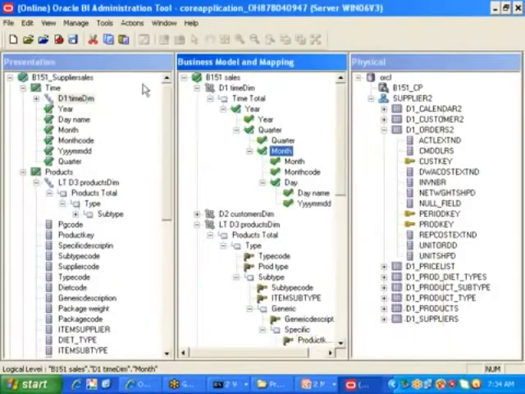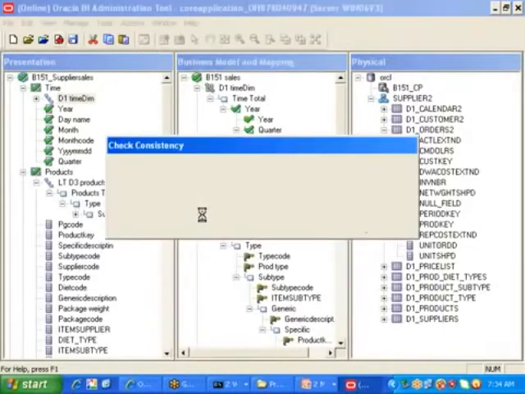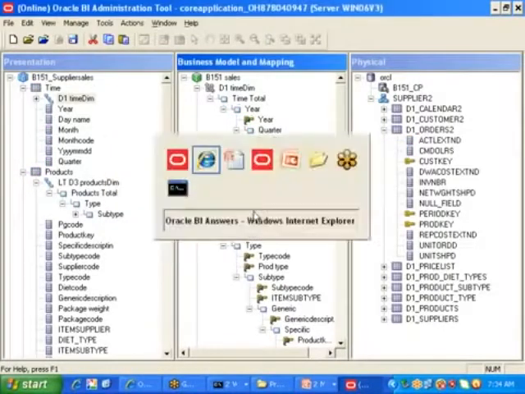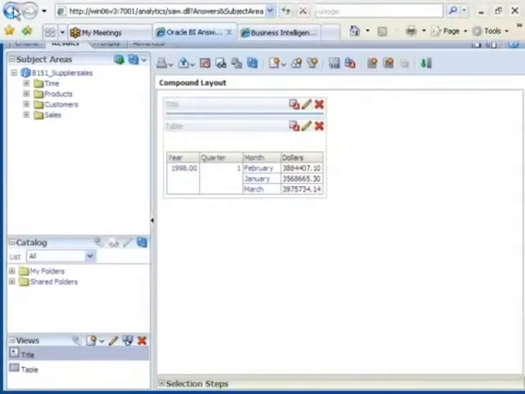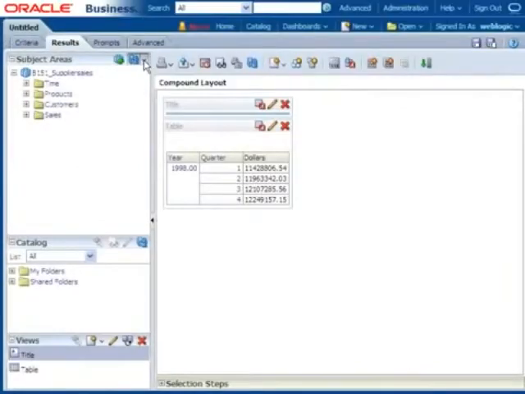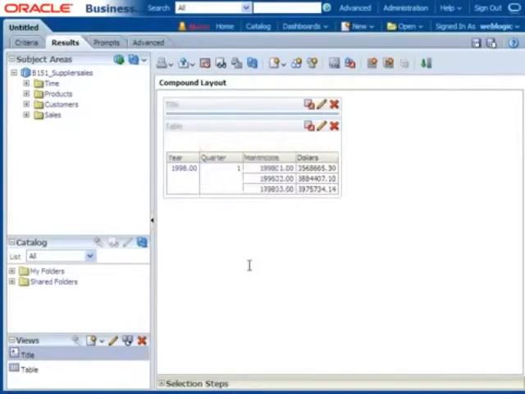Click on OK. Then I am going for check-in changes. Click yes. Click OK. Now go here, go back. Then reload server metadata. Then refresh it. Then click on this one. Immediately we are moving to the month code instead of month.